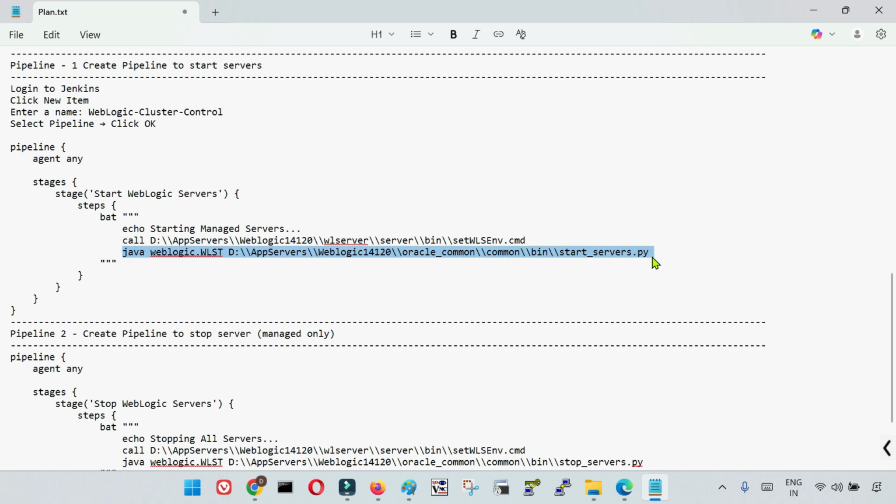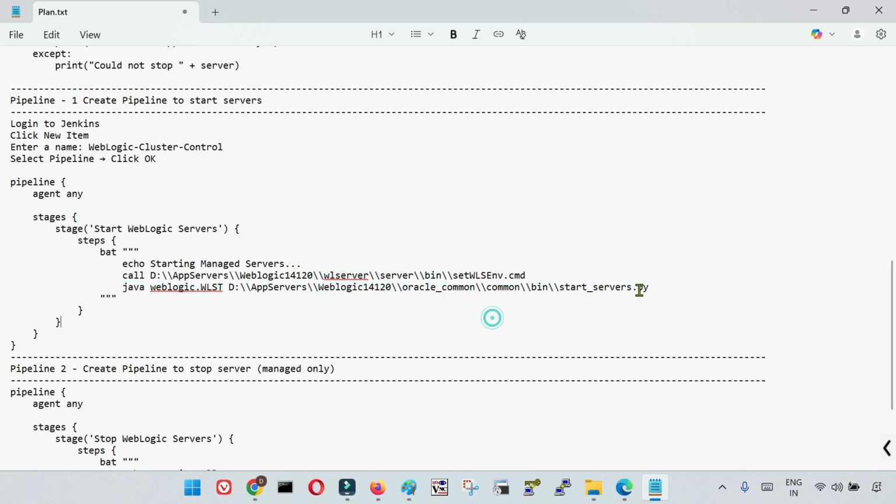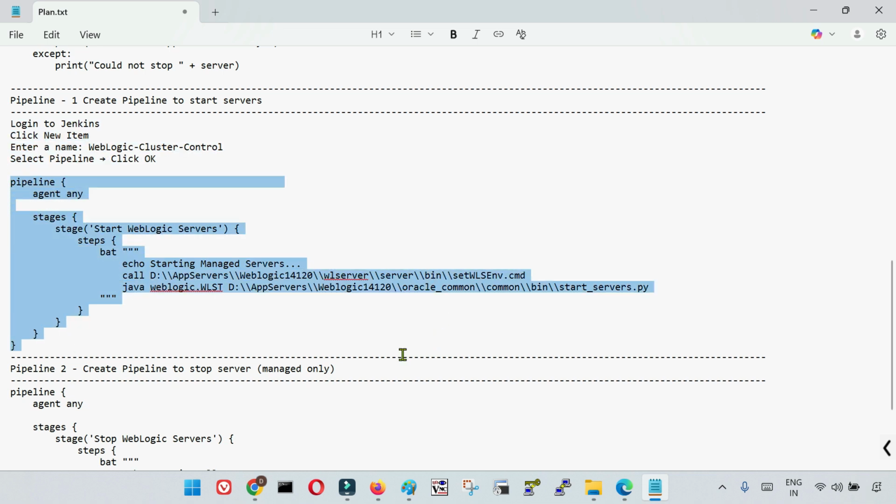If you are not starting your WebLogic servers with the help of Jenkins, you start from the command line with the help of WLST. This is the command that we use to start our managed servers with a Python script: java weblogic.WLST and then the complete path and name of your Python script. The same syntax we have defined here. Before that, we are calling a script to set the environment and then doing an echo, starting managed servers. So this is a simple pipeline job that we are creating to start our managed servers,